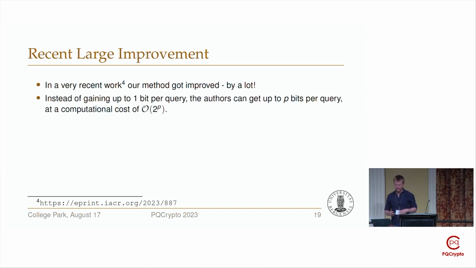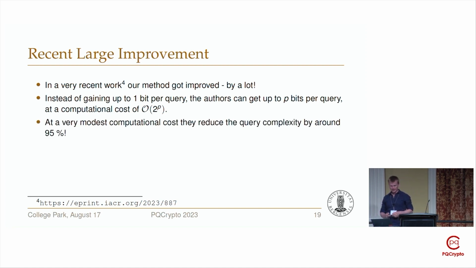What they were able to do was, instead of gaining up to 1 bit per query, they were able to gain up to p bits per query at the computational cost of 2 to the p. At the very moderate computational cost, they were able to reduce the query complexity of our paper by around 95%,